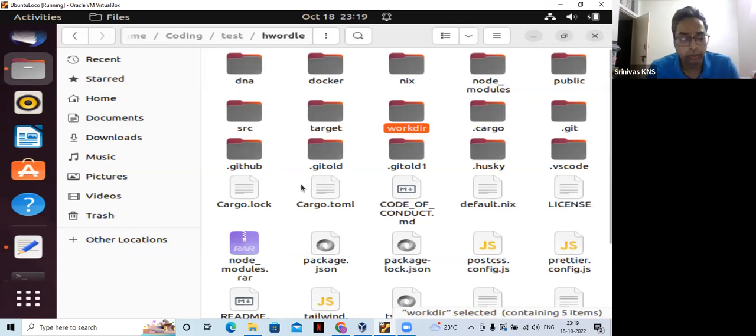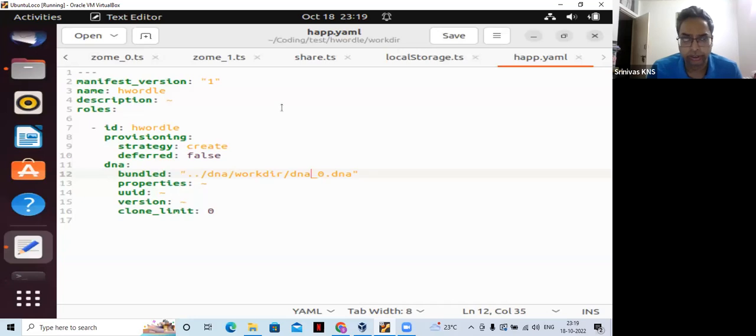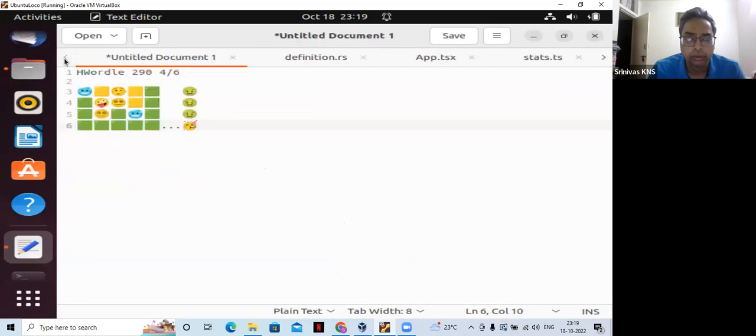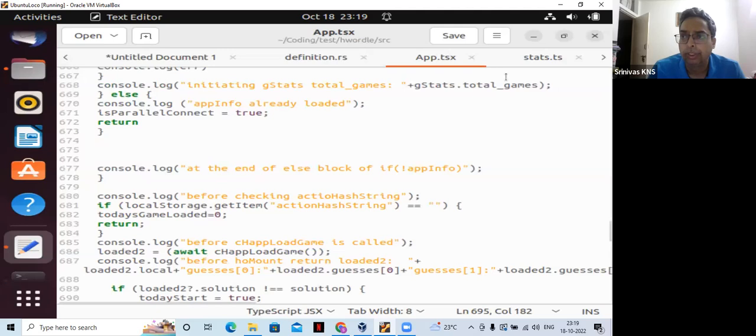And so now coming to the client side of things, a lot of debugging and coding had to be done on that end. So one thing I did was